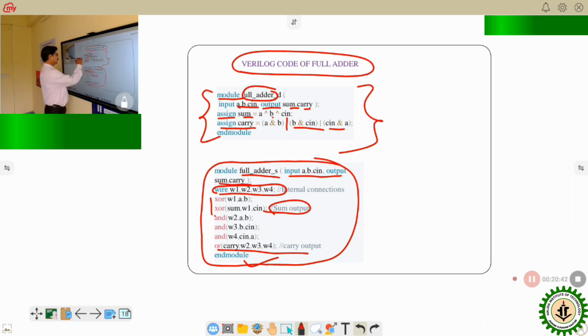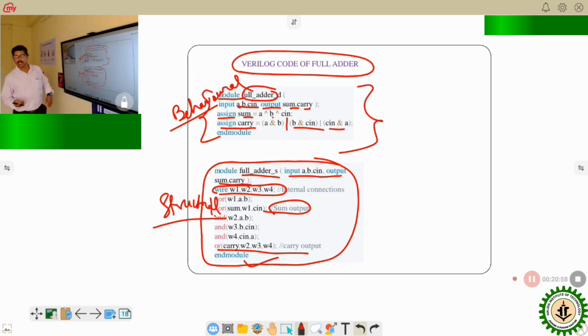So this is the behavioral style, and this is the structural style. Behavioral means if the output expression is given in the form of a Boolean expression, then we can use the Boolean or data flow style. And if the diagram is given in terms of logic gates, so to write that code directly, we can use the structural style model. Okay, so